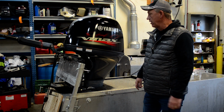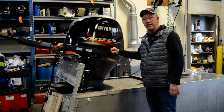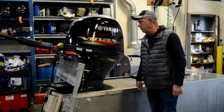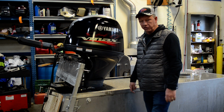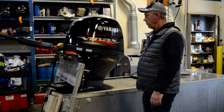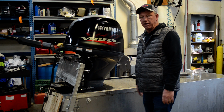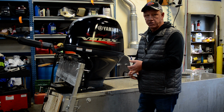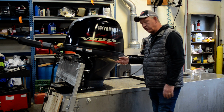Happy Friday. What we have for sale today is a 2019 115 SHO Yamaha tiller handle model. It can be turned into a remote if you want us to do that. We would just pull the tiller handle off and get everything you need for the remote. It does come with either a tiller handle or a control box, whichever way you decide to go with it. Again, 25 inch,